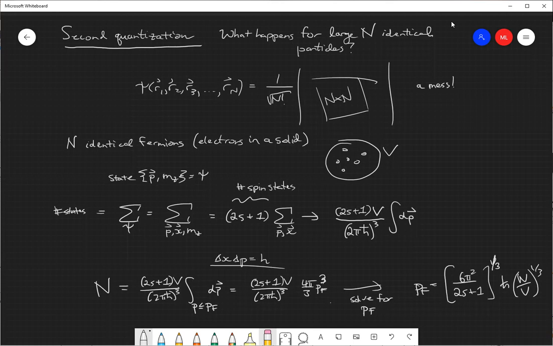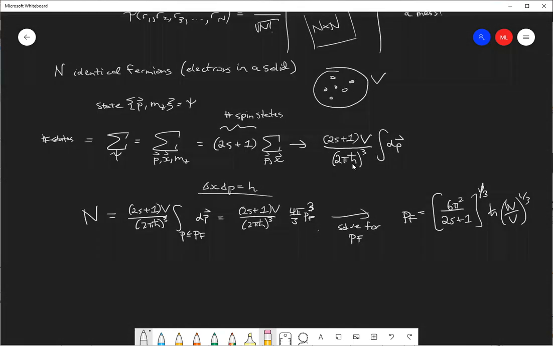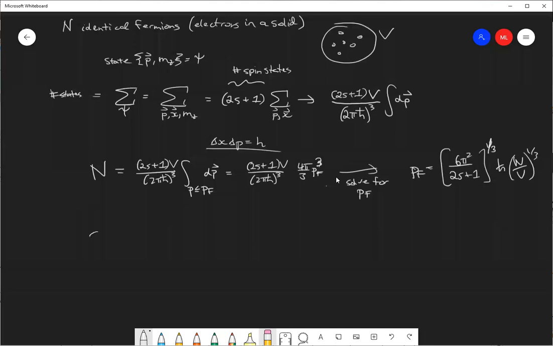And of course, this is also associated with the Fermi energy, which is just the kinetic energy associated with momentum p_F, p squared over 2m. It's the largest kinetic energy of your occupied states, and you can just calculate what that is. And the point is it'll be proportional to N over V to the 2/3 power. And the scaling is actually quite